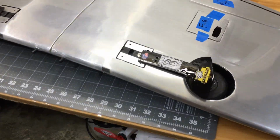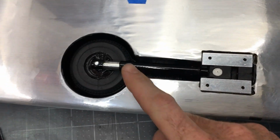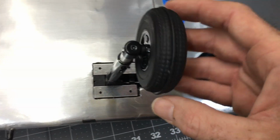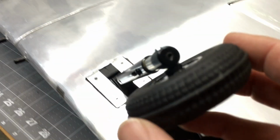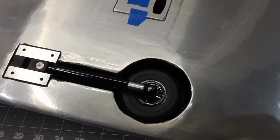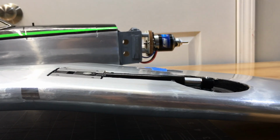All right, got the gear doors done. There's one. There is the other one. Let's set the doors aside for a second. We also got the struts done and painted black on both sides. Left the centers still silver so they work as the strut. I showed in another part painting the wheels black. So the wheels are black, struts are painted black. Everything goes inside like it should. The gears sit pretty much flush. They stick out a little bit, but I can't lower them anymore. That's it. The wheels are touching